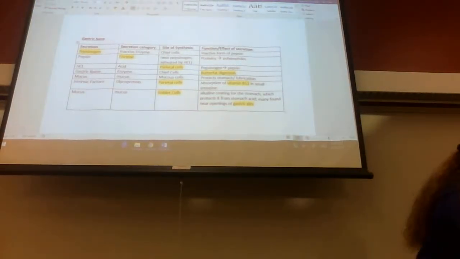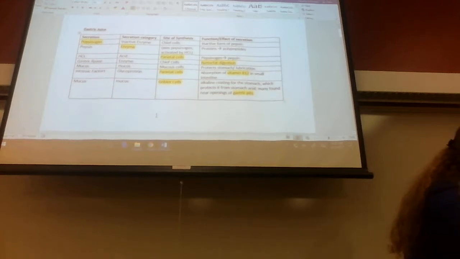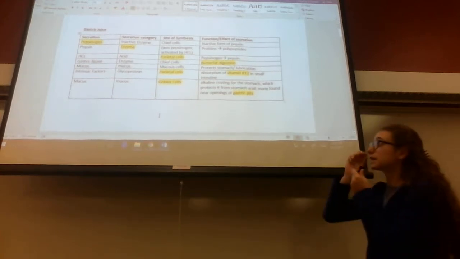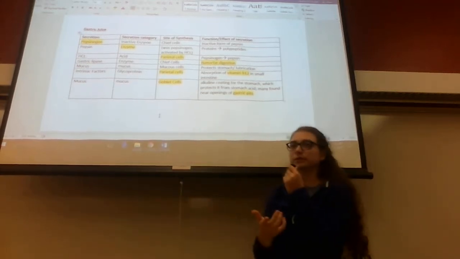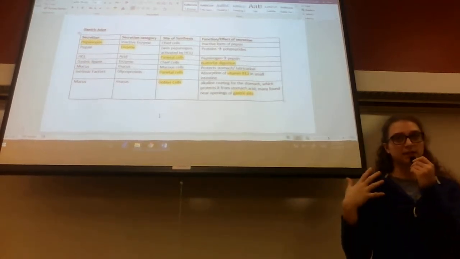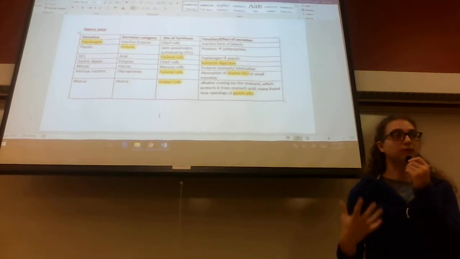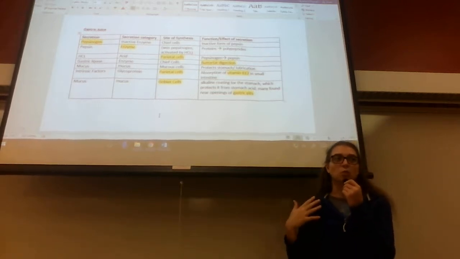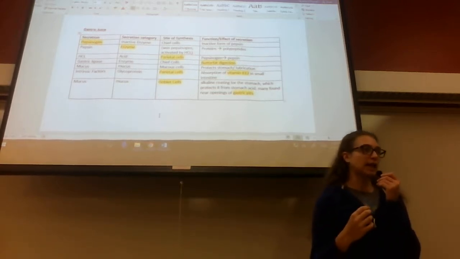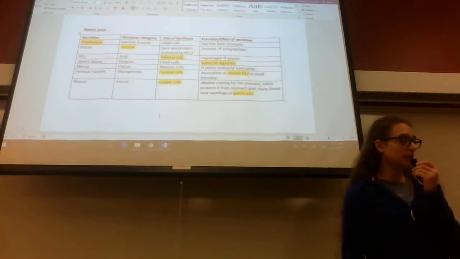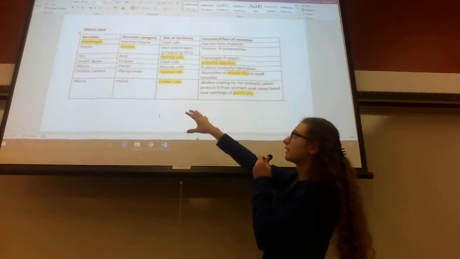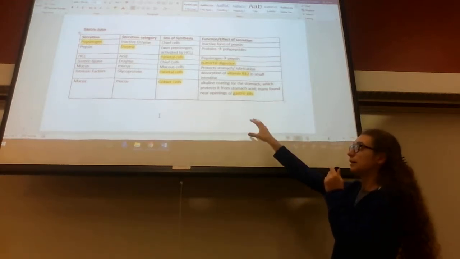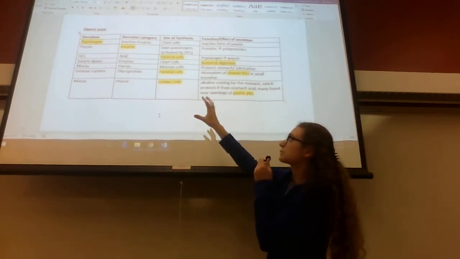Okay, so this is worksheet number 2, the chart that shows the digestive juices. Something to keep in mind is the site of synthesis, as we were talking about. Synthesis means creating, like in Latin. The site of synthesis is where these hormones and enzymes are produced. So even though this chart specifically is everything that happens in the stomach, the site of synthesis comes from different